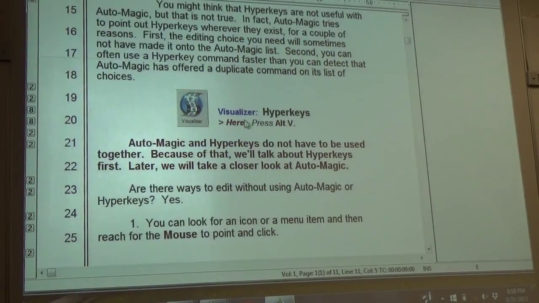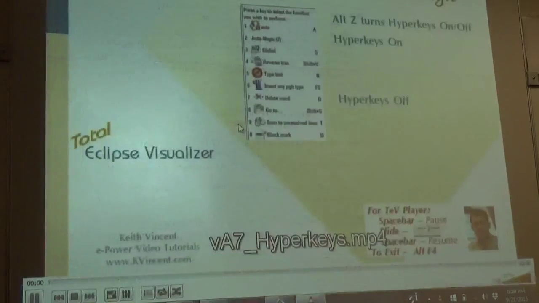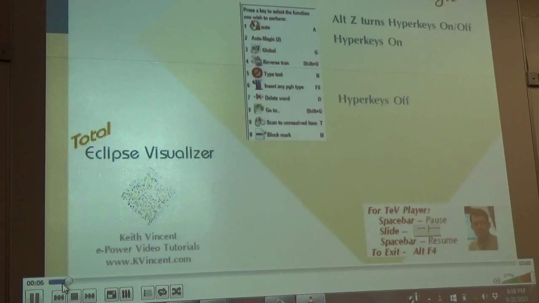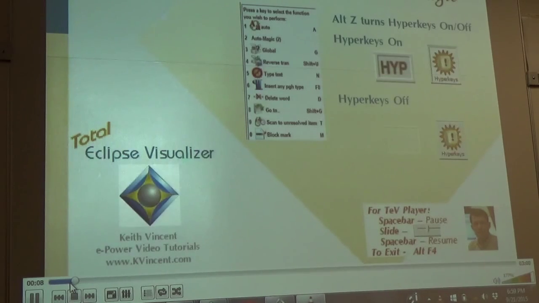Okay, now we're going to talk about hyperkeys. Very important lesson right here, okay? So pay attention. The fastest way to edit with Eclipse is to use AutoMagic and hyperkeys. You'll be able to bypass menus, and you won't have to remember whether something begins with Control or Alt. AutoMagic and hyperkeys work beautifully together. Many times you'll be able to pick the choice you need from